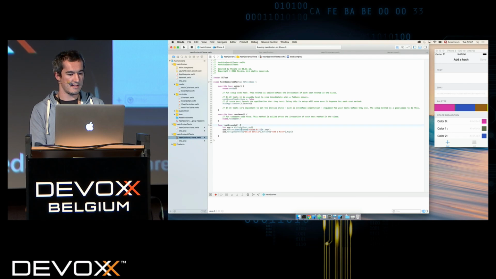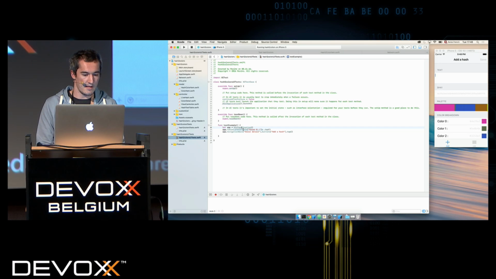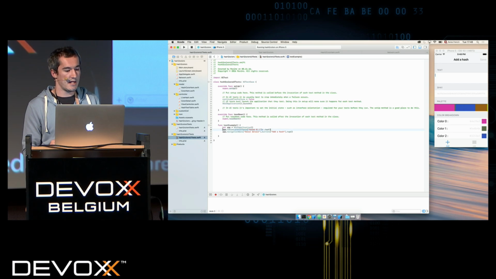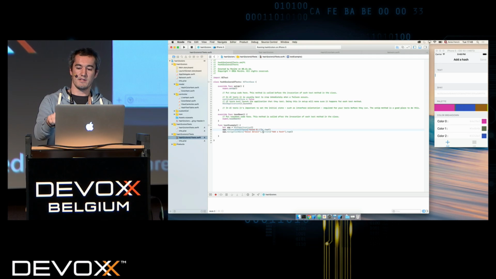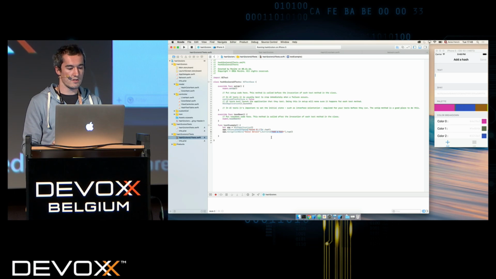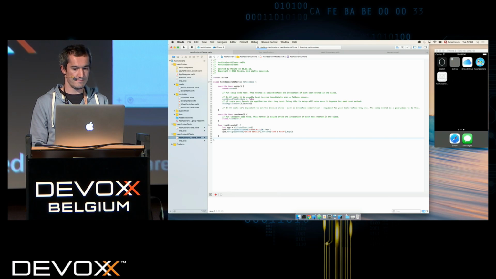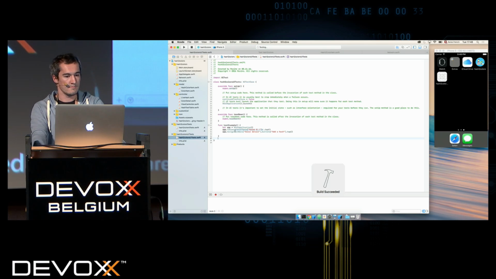So let's have a look at this test. First, it creates a variable app, which is an application. Then it looks for the color 0 text, and we tap on it. Then it looks at the navigation bar for color detail, which is the name of the second view, and there is a button named add a hash, and we tap on it. So if I replay this,